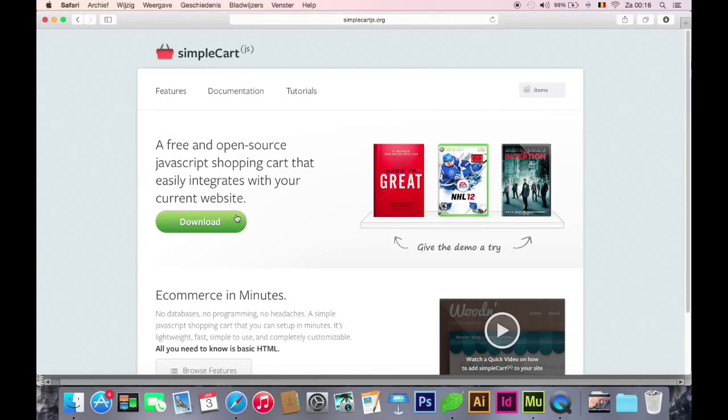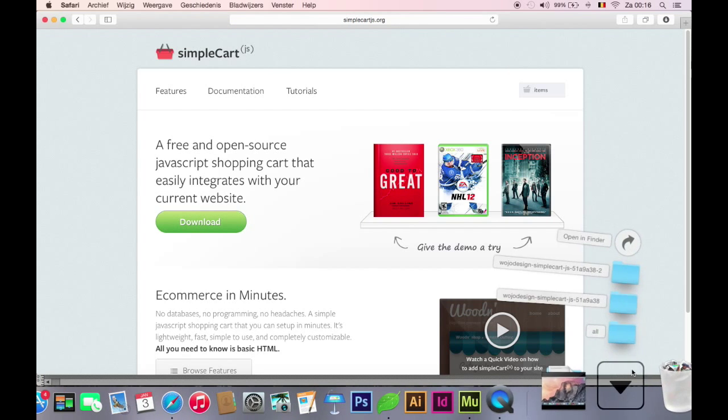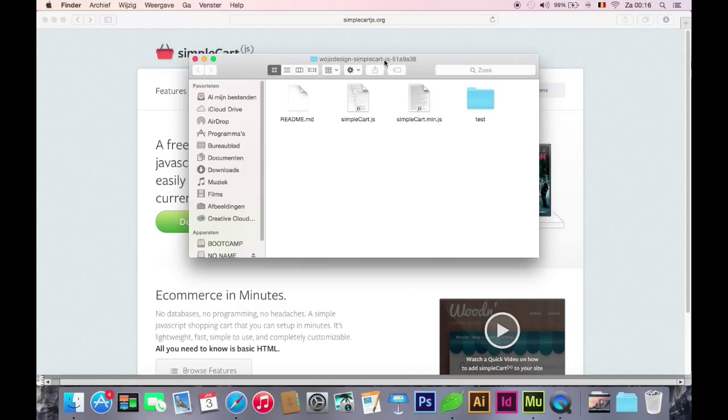So what you also have to take into consideration, now all this works with me, but you have to do something that I already did but forgot to film, so we'll do it again. You go to simpleCart.js.org and you hit this big download button. This will download a file called Wojo Design simpleCart.js 5189A38 on the day that I recorded this, of course. And then you have to take these two files,